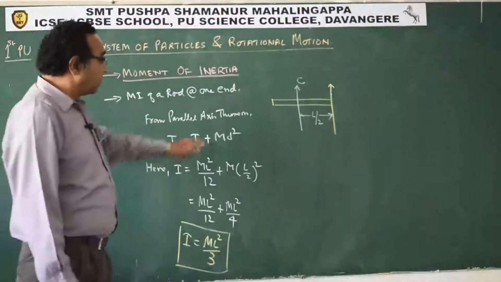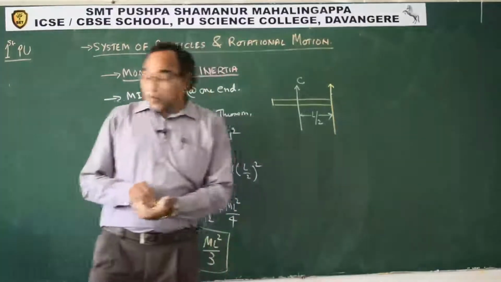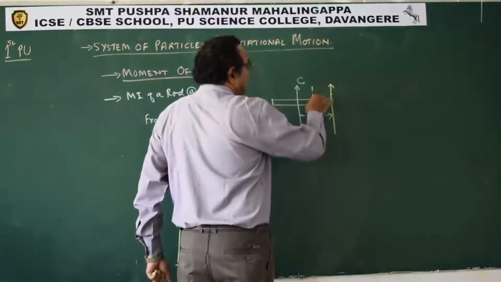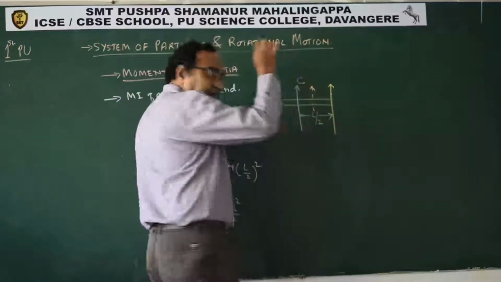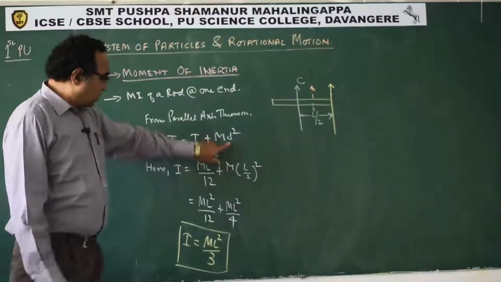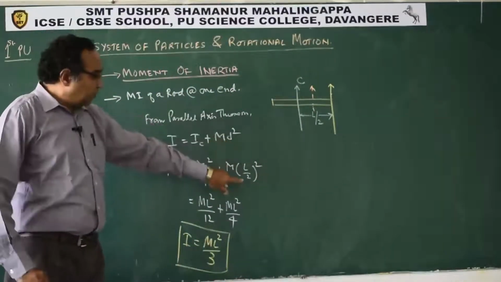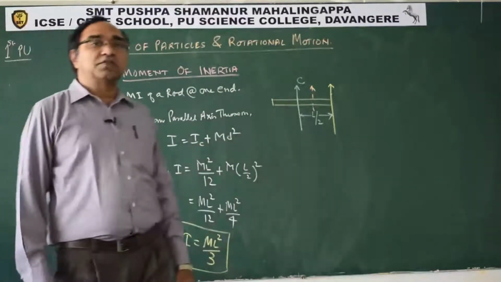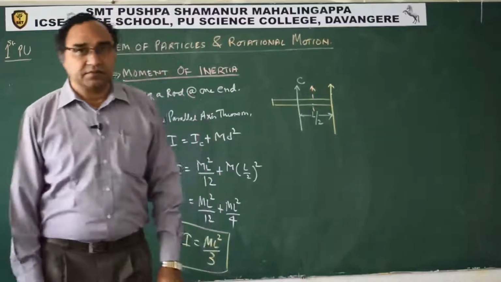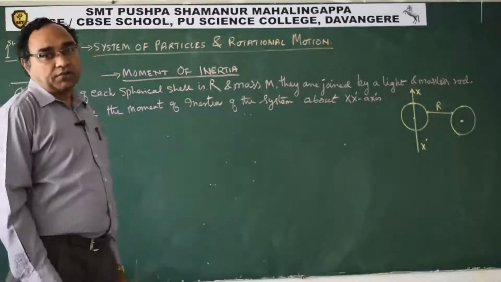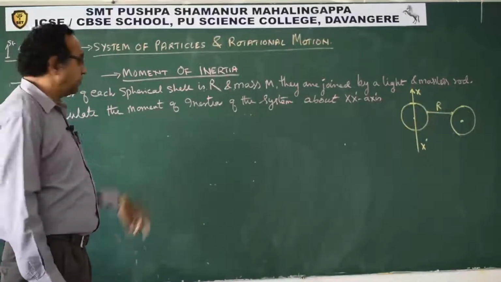Here I have taken one end. Now suppose that the question is to find the moment of inertia about some axis. They will give you the distance as something like L by 4. No issues. Write D as L by 4, whatever is the distance between the two axes, and you can find the moment of inertia about that axis as well. Now students, let us take one question to highlight what we have learnt till now about moment of inertia.